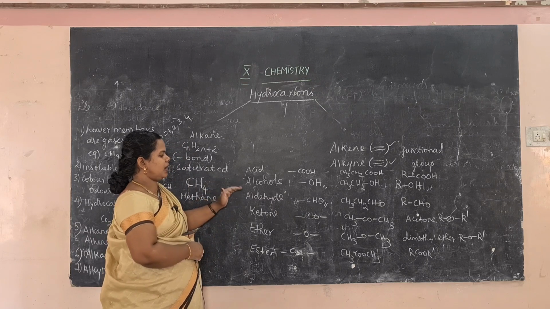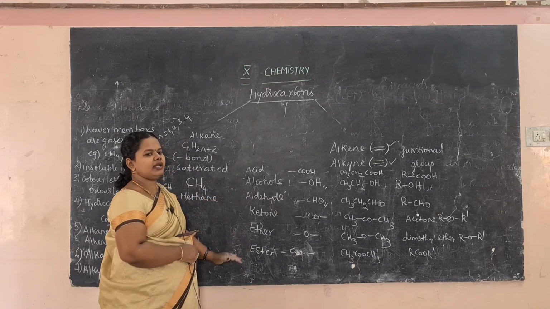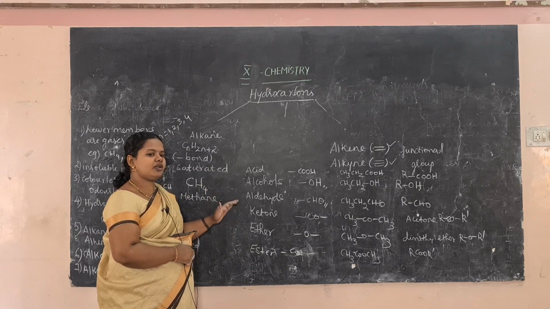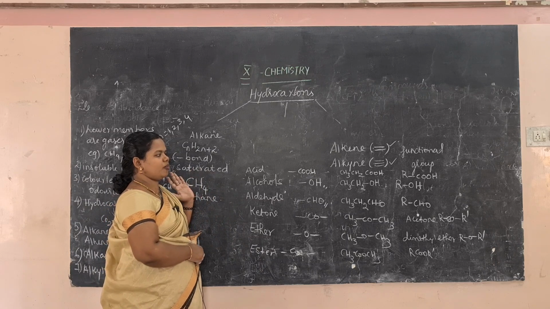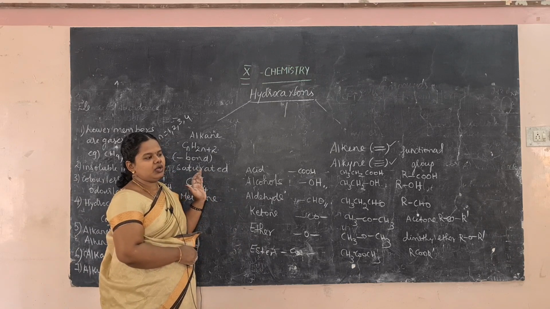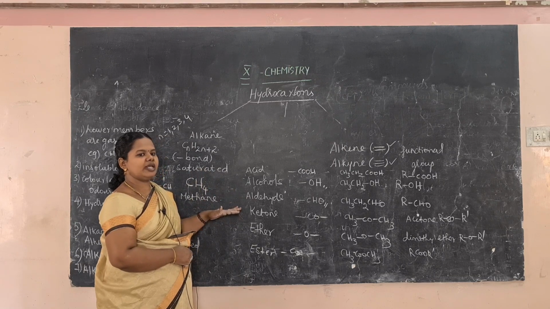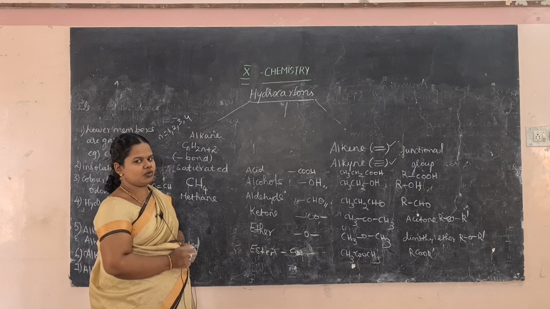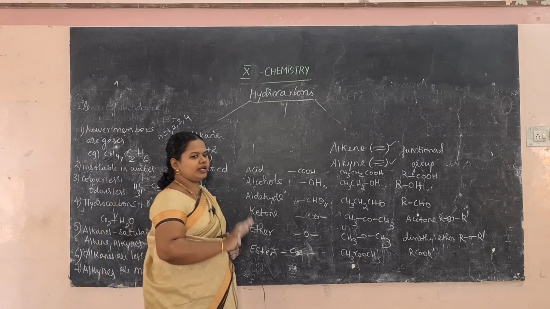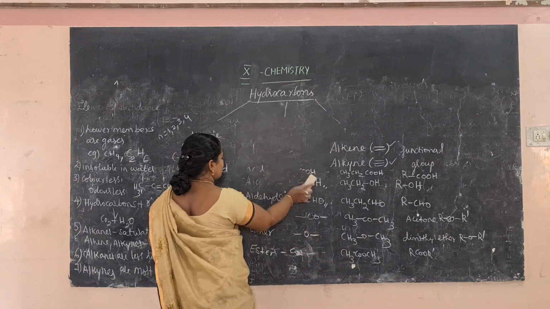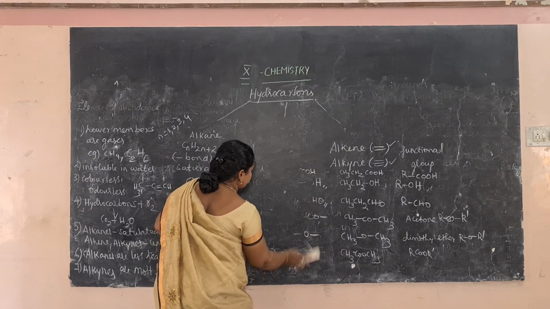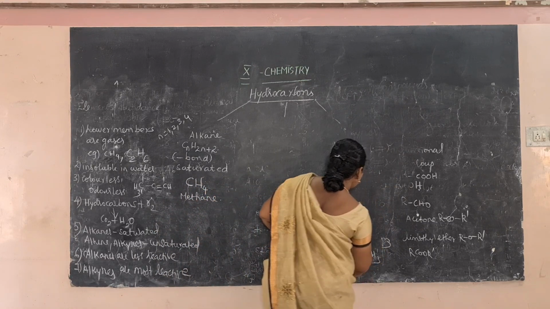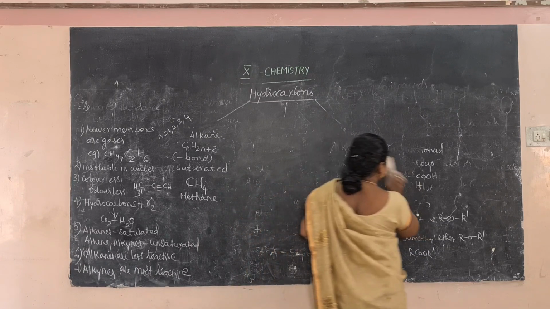So acid, alcohol, aldehyde, ketone, ether and ester: these are the functional groups present. Not only these, we have a lot of organic compounds, and all the organic compounds have these types of functional groups. Depending upon the functional group, it will decide the chemical property of the organic compound. There are many more functional groups, but we have given only these. If you want, you can refer to the 11th standard book, where you will be given the list of functional groups and their naming. For 10th standard, this is enough.